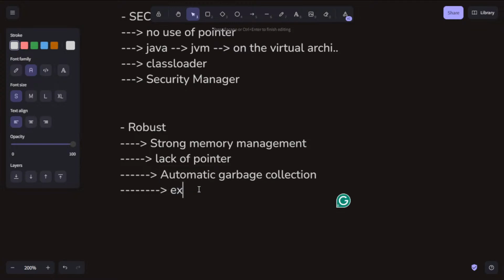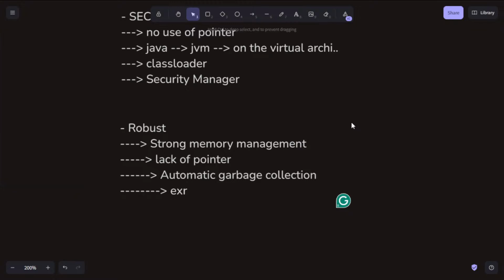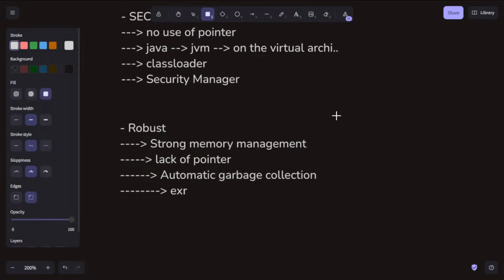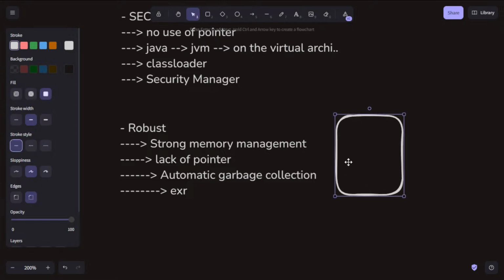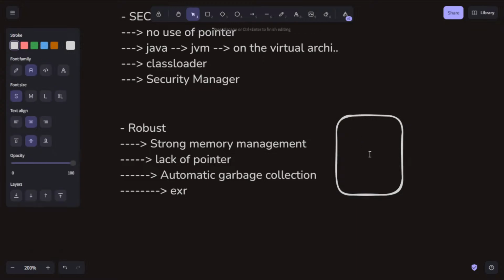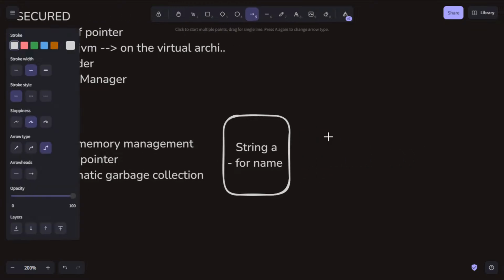What is exception handling? Your program is meant to take input from the user. You have created your program, and its role is to take string input from the user, and this input is used for a name.